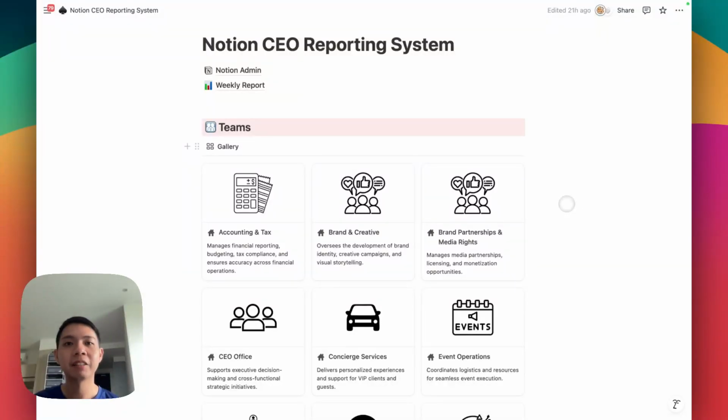So today I'm excited to share one example use case I built for my client. This is actually a Notion CEO reporting system. The idea is that the directors will update their projects and then the CEO will have an overview of